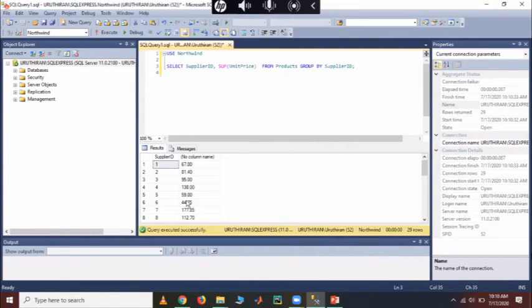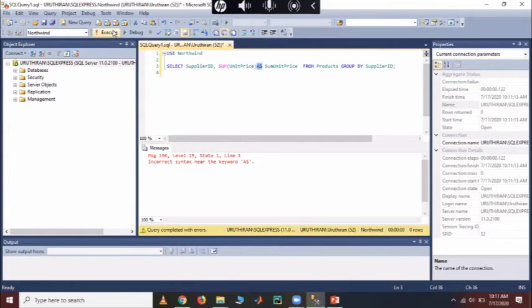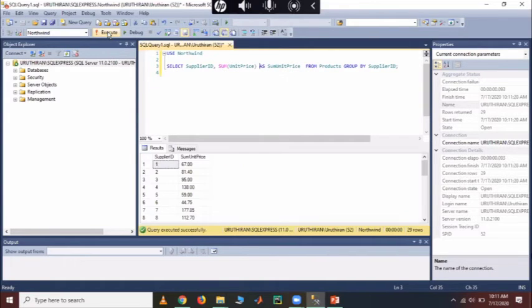Some values are there, but we don't know what the column is. Therefore, it is better to assign a new column name with the as keyword, because this is a new column. Sum of unit price. Why is there a space? It's one word.